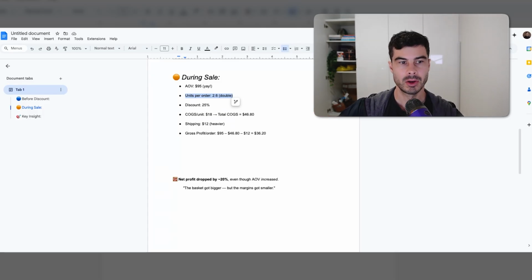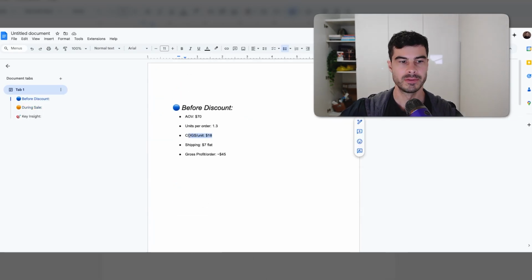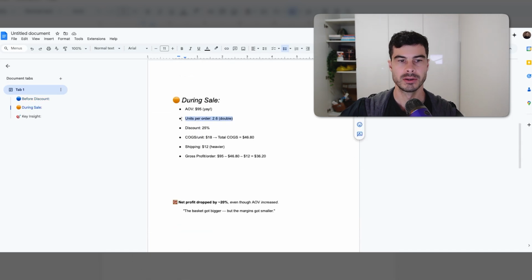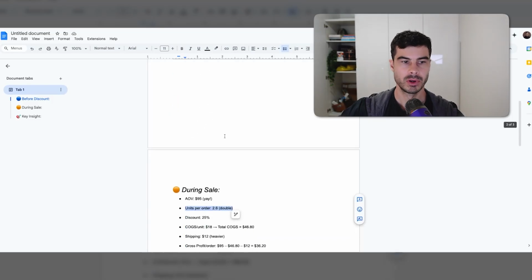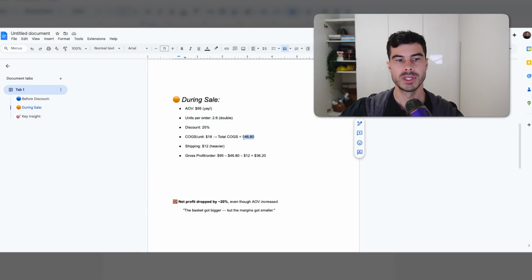And what that means is that in combination with a discount, and you'll see this in a second, you've got 2.6 items per order in this example. You've given away 25% to get the person through the door and increase that conversion rate. You've got your cost, your COGS here of $18, right? And you can see it's $18 per unit in the first example. But now you've got more units in the cart. So your product costs have gone from, in the first instance, just over $18 if you've got a 1.3 there, so you're now seeing about $46.8. So you're seeing 2.6 times your previous product costs, and that gets missed in a lot of cases